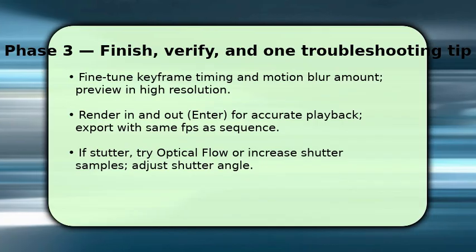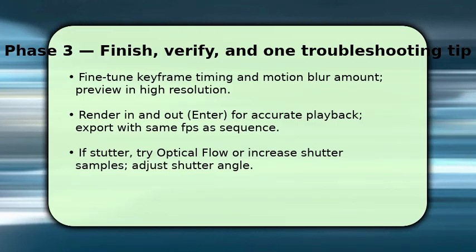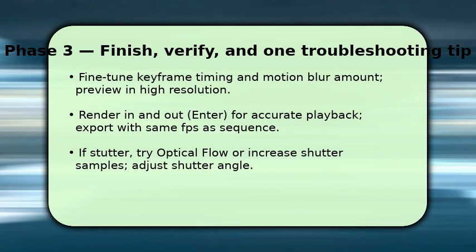If you see stutter or ghosting, switch the clip's frame sampling to optical flow or raise transform samples. This fixes odd artifacts. Lastly, if edges crop during scale, add 5–10% extra scale to the underlying layer to avoid black